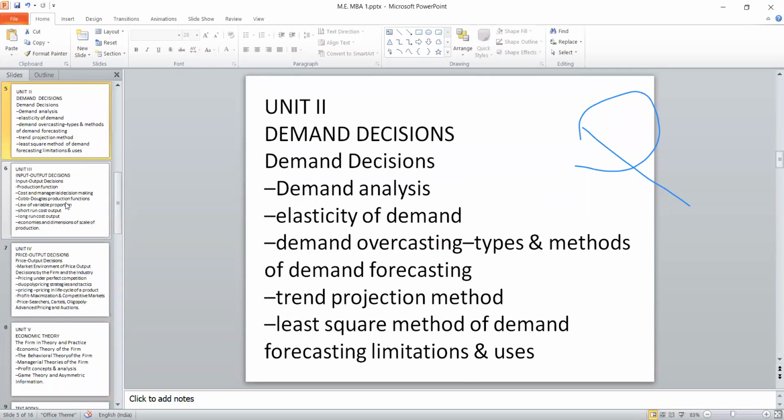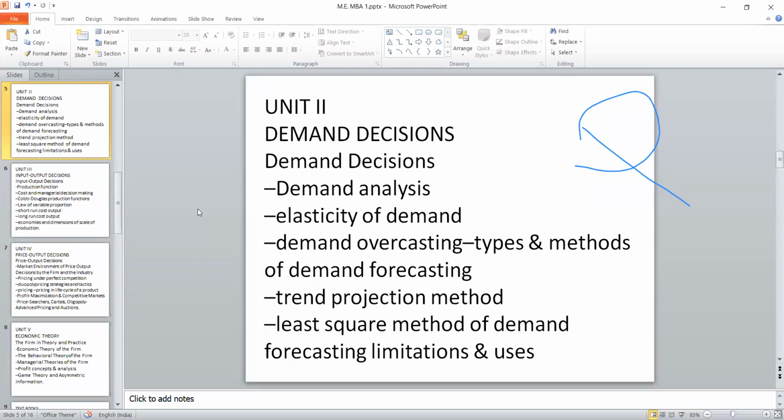Once we know the basics, the next step is to analyze the demand analysis. In this demand analysis, you should link the demand with other factors of business like price, income, competitive product, substitutes, advertisement, material, time. When you start relating, then it is a demand analysis. The very first thing is the law of demand. That is how the demand is related to price. That's the inverse relation. We call it the law of demand.